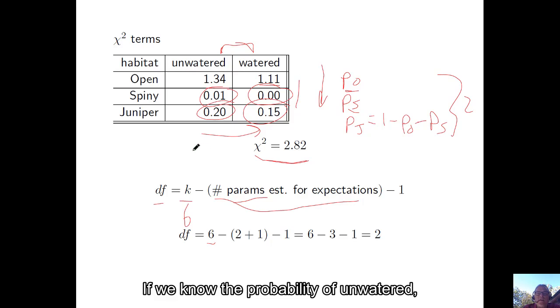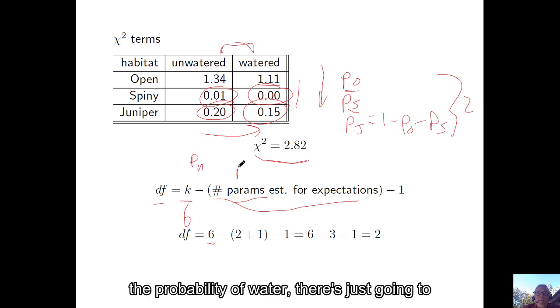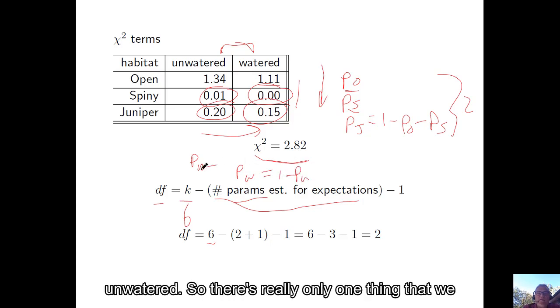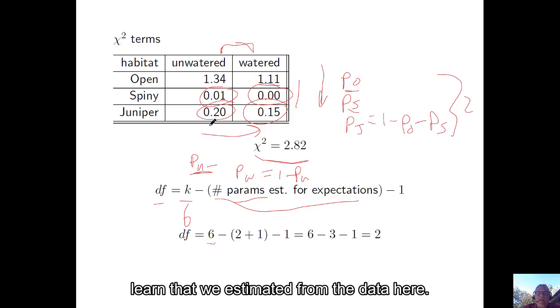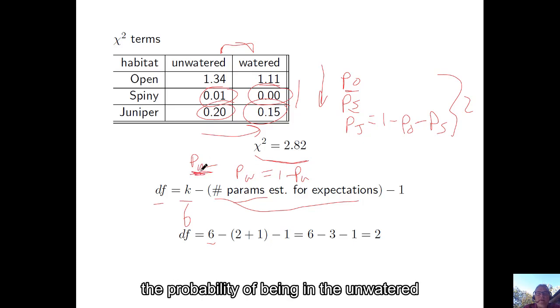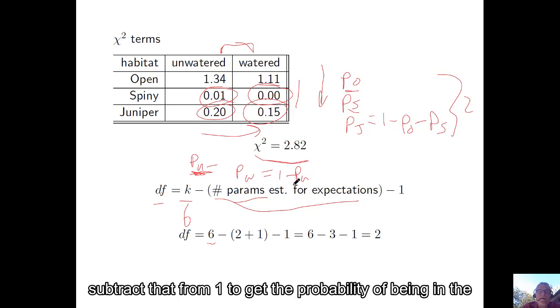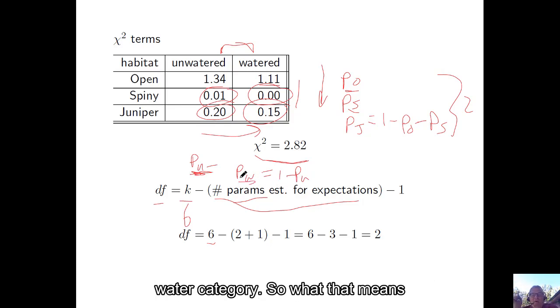And similarly, if we know the probability of unwatered, the probability of watered is just going to be 1 minus the probability of unwatered. So there's really only one thing that we estimated from the data here, the probability of being in the unwatered